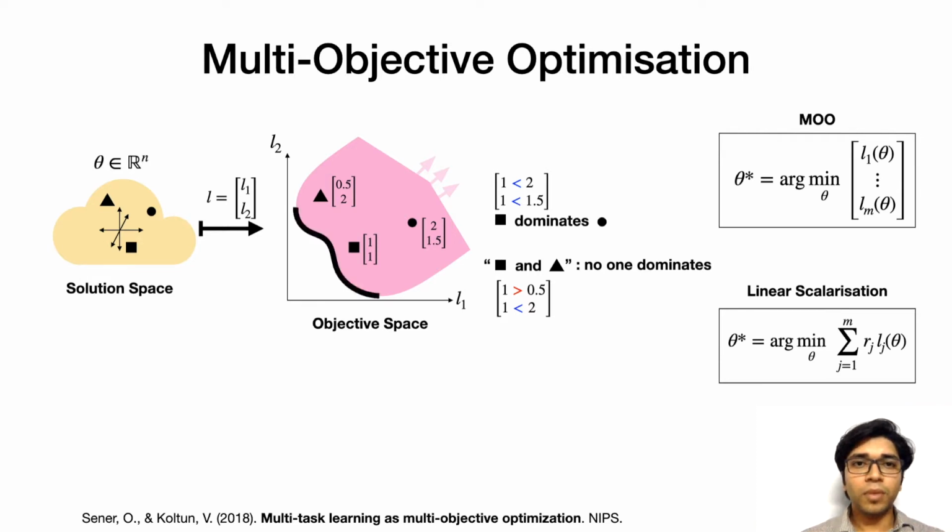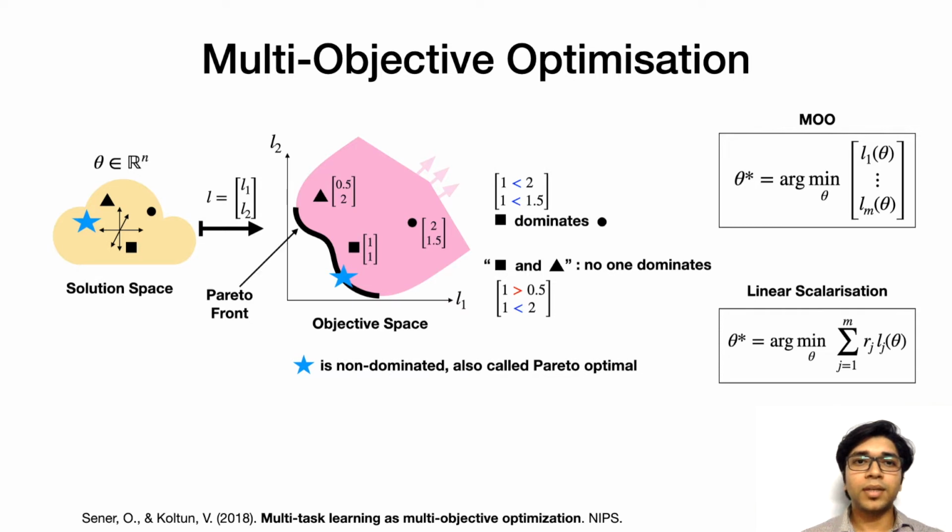In a minimization problem, all solutions corresponding to this bold line are optimal in a sense. Because if we pick any solution point from this line, then it is not dominated by any other point. This type of optimality is called Pareto optimality. And the set of all such non-dominated points is called the Pareto front. Another feature of this type of optimality is that no two points on the Pareto front are comparable, like the triangle and square are not comparable. So here we don't have just one optimal solution, but infinitely many of them.